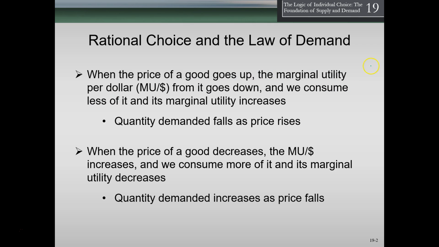Why? Because if we look at our ratio here, the marginal utility is going to be the same for the next unit of the good, divided by the price, which went down. So the bottom number, the denominator, went down, therefore the ratio is going up, and we know what we already knew intuitively: the quantity demanded increases as the price falls. As the price goes down, we want more of it. We know it intuitively. Now we have a mathematical formula for calculating it, so we can actually plot some lines and whatnot using that more mathematical formula.